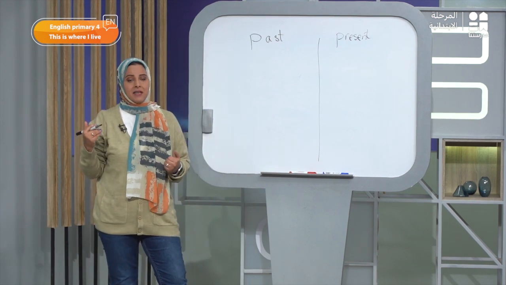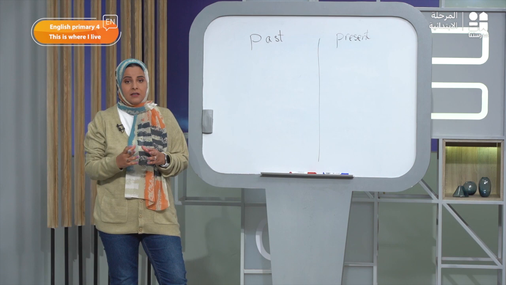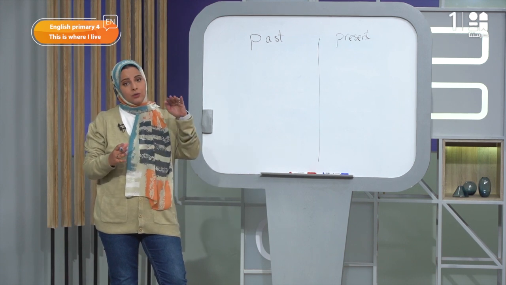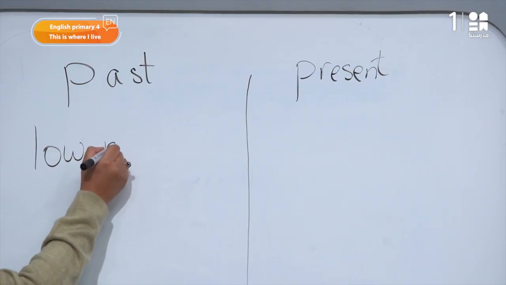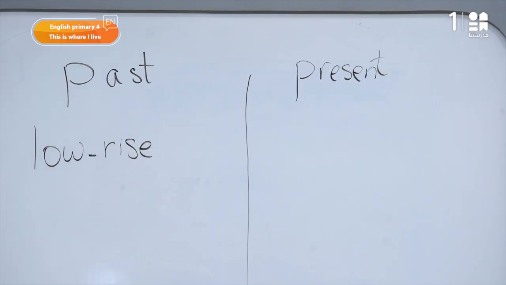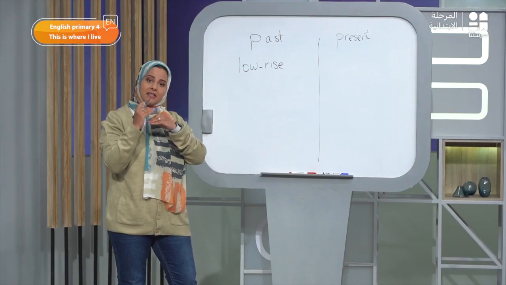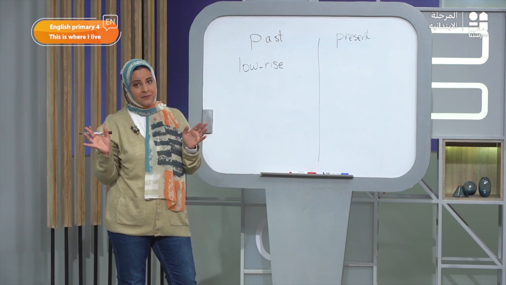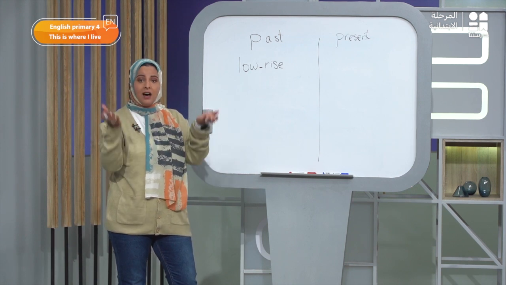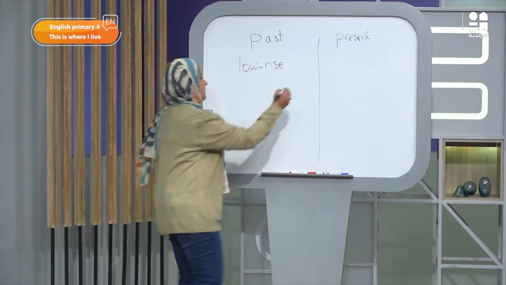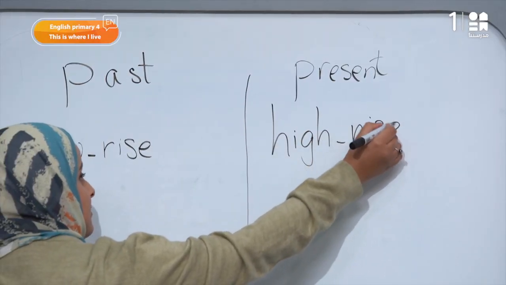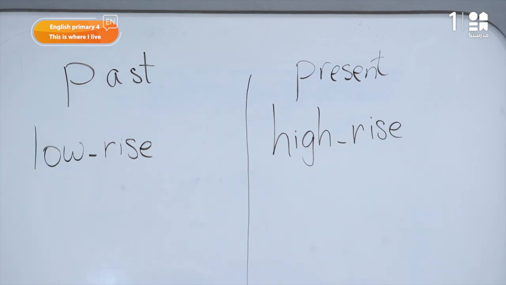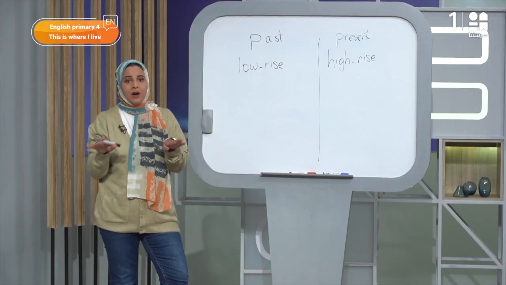النيبرهود بتاعنا زمان كان شكله ايه؟ كان عندنا مثلا low rise buildings، يعني مثلا البيوت ما كانتش كبيرة قوي زي دلوقتي، وكانت الليفلز بتاعتها محدودة، يعني ممكن نلاقي عمارة 6 levels or 7 levels maximum. إنما دلوقتي عندنا high rise buildings. So high rise buildings. برضو زمان كان النيبرهود بتاعنا very quiet.